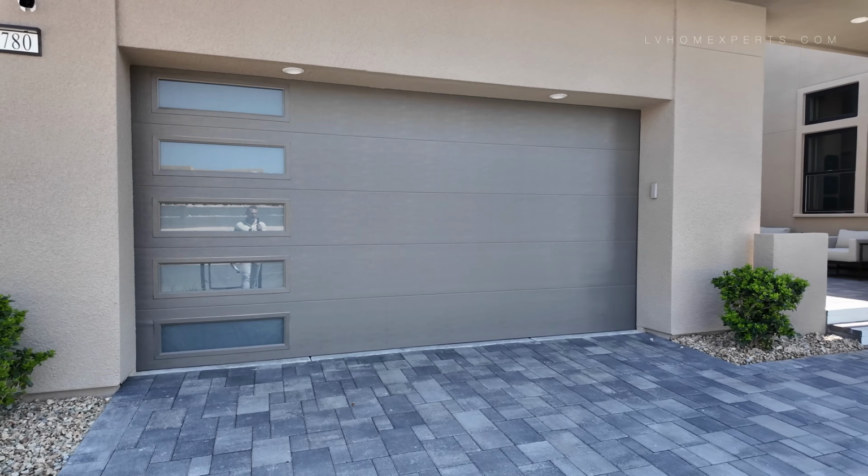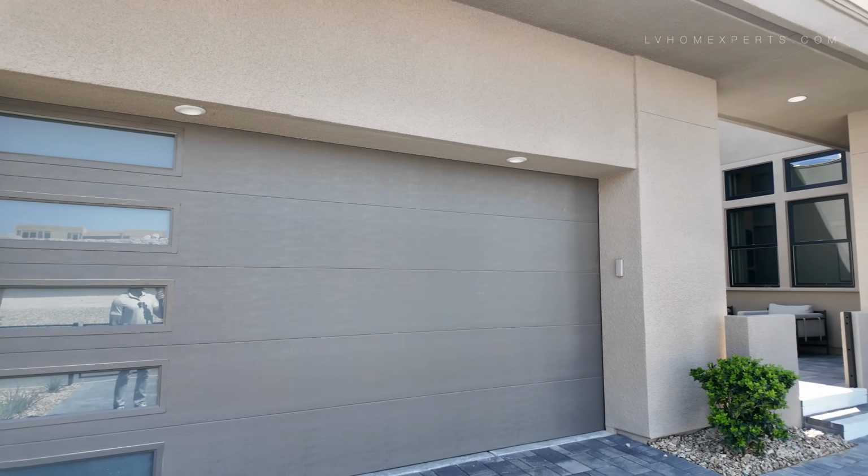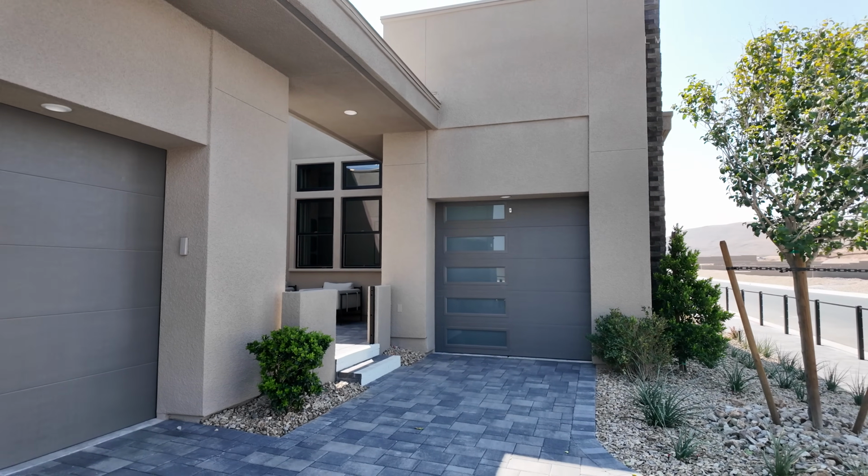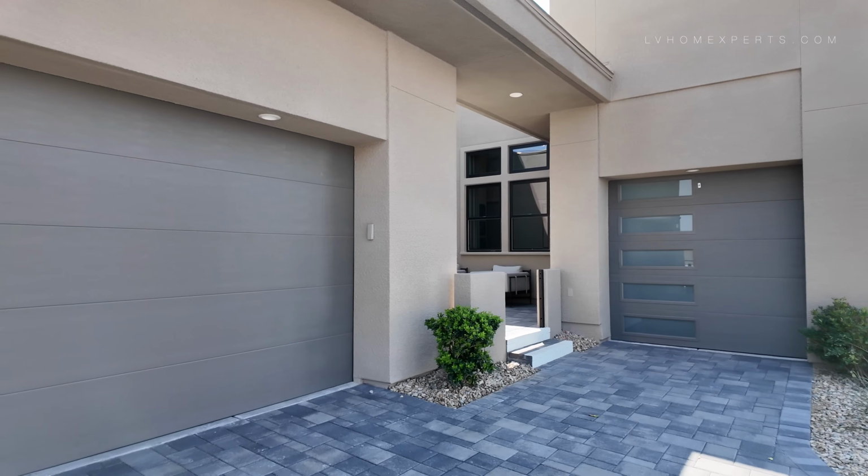As you can see, we got the 3-car garage. Some beautiful, nice eaves. Heavy on the stucco. You do got some lines here, which is...